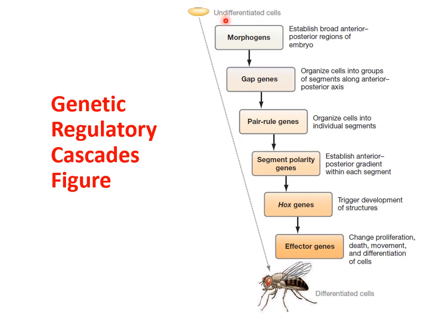And then through this genetic cascade, that domino effect of morphogens activating gap genes, activating parallel genes, then segment polarity, then the Hox genes get activated and the effector genes get activated, and ultimately through all of these different steps of activation, one after the other, you end up with the differentiated cells and the development that you need to